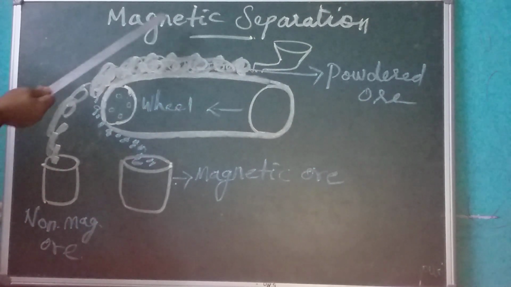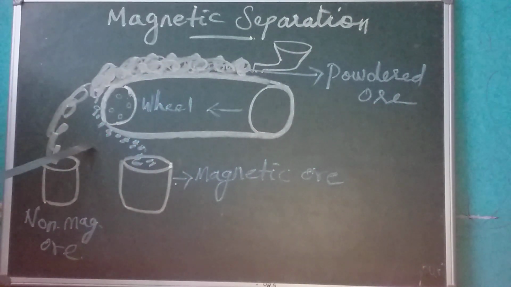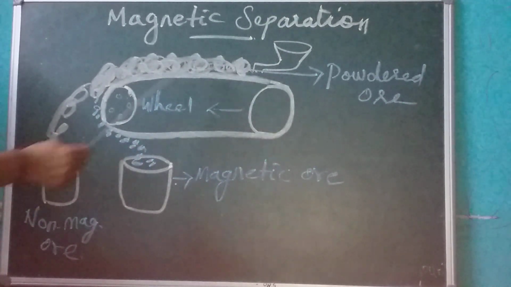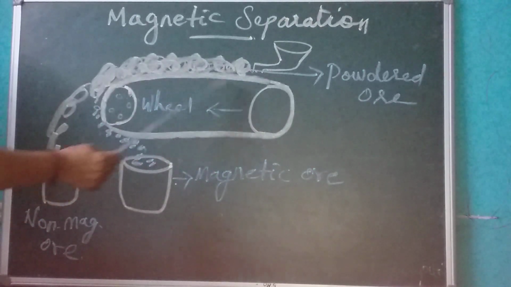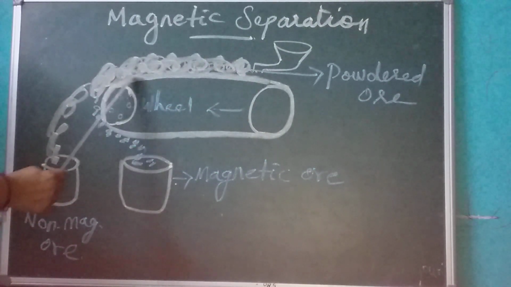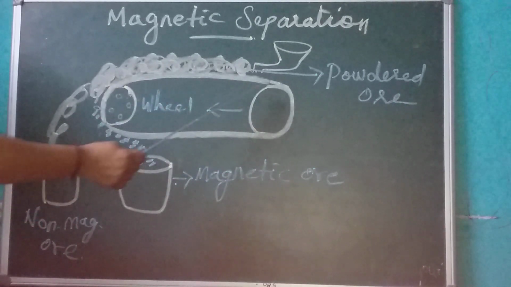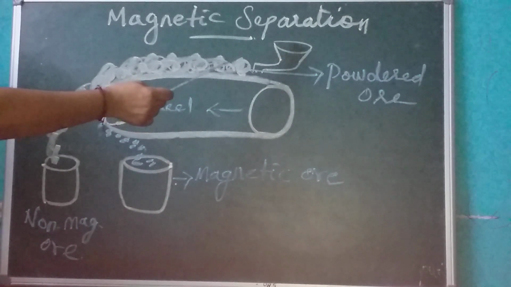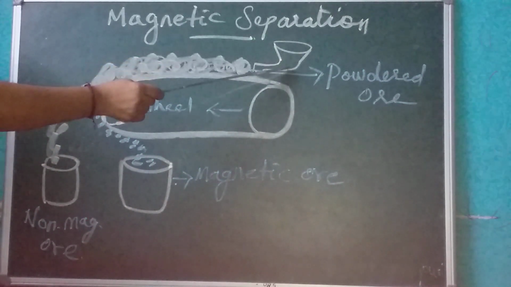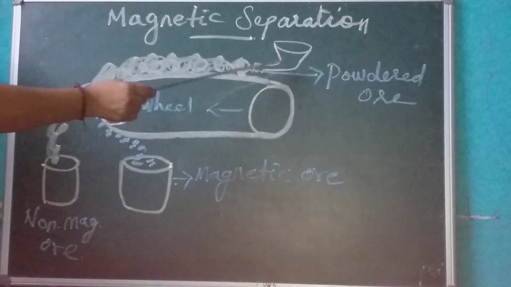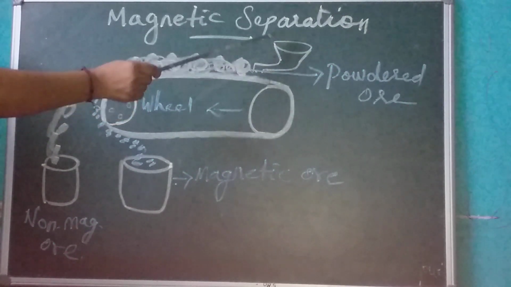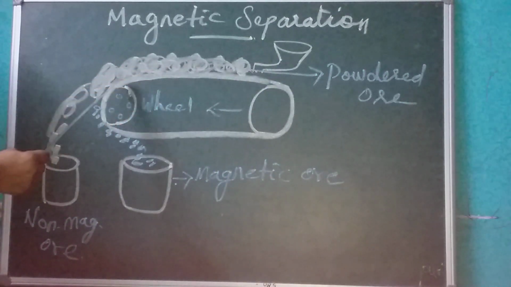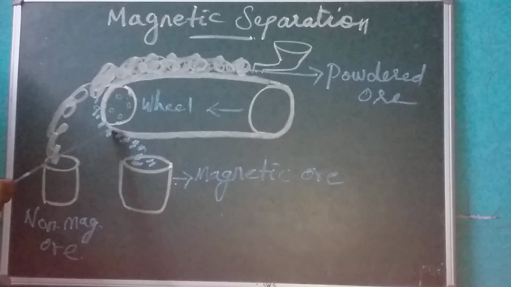For explaining the magnetic separation process, a pictorial explanation is given here. We have to take a two roller magnet, one here and one here. Two rollers means they will be revolving with the help of a wheel. Take the two roller magnet and take the powdered ore in this cup shaped cone. The powdered ore contains both ore particles as well as impurities. We pour the powdered, that is crushed, ore through this cone.